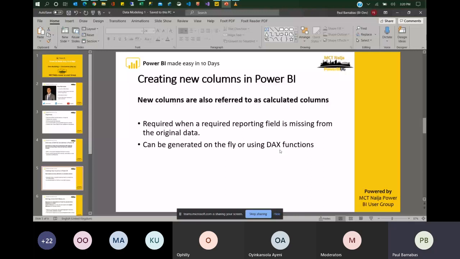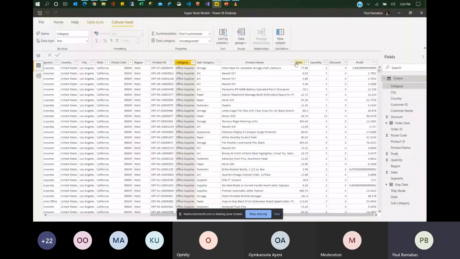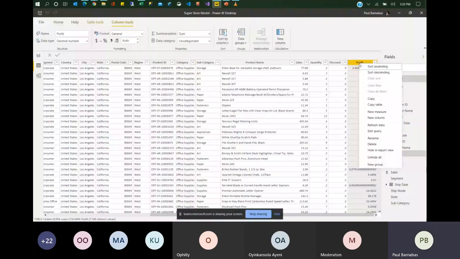So at the moment, as I was saying, in our data model, we have the sales column, we have a quantity column, we have a discount column, and we have a profit column. But we want to derive a cost column that looks at the cost of each item. To go about that, you can easily come to any one of the columns within your data model and right click and click on new column.